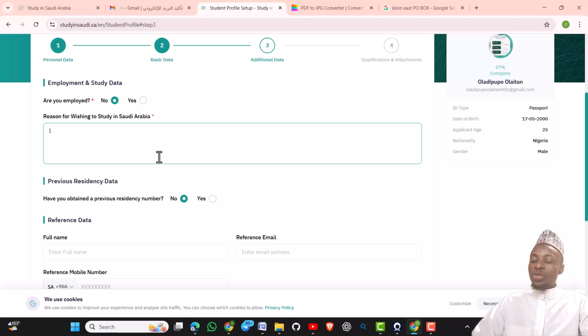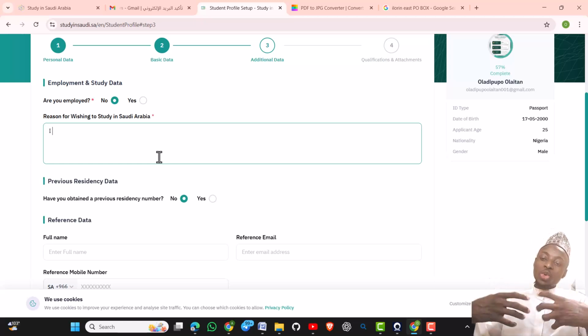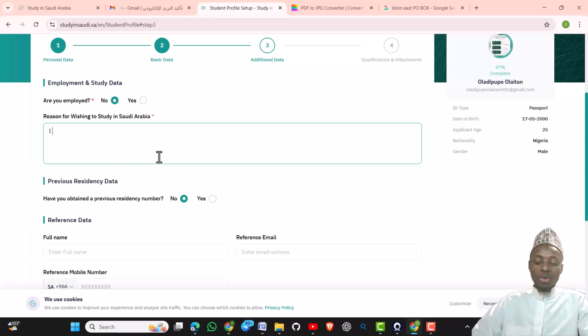Some people will just say they want to study in Saudi Arabia because it is the city of Medina and the city of the Prophet. That is not a good reason. You have to tell them about your career and your future. So